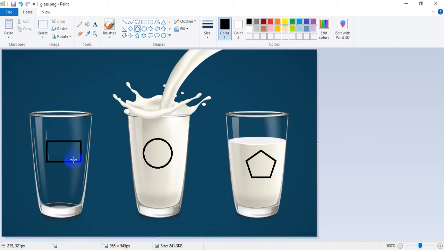If you are going to note down the coordinates of rectangle, you have to take two coordinates. You have to choose 2 points. The first point will be upper left. For example, this is my shape.